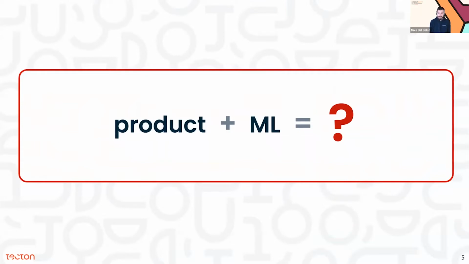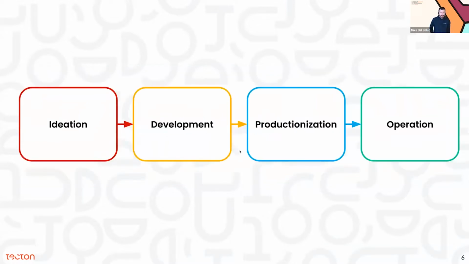How do we do that? It's really tough. That's the reason we're all here, to figure out how to get better and better at this, because it's still really challenging. There are a number of different stages in the life cycle of these projects. There's ideation, where we're coming up with the ideas that we want to build and designing experiments. Development is when we're actually building this stuff and running experiments. Productionization is deploying this stuff, putting it into production, and doing live serving with it.